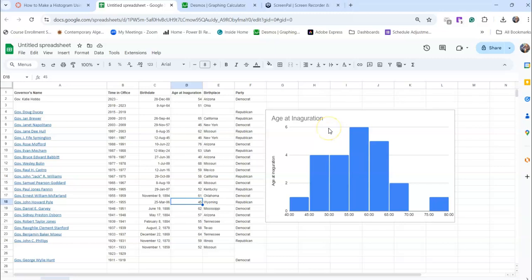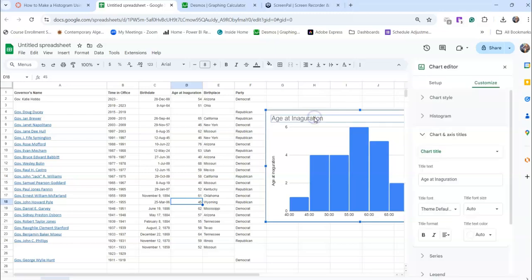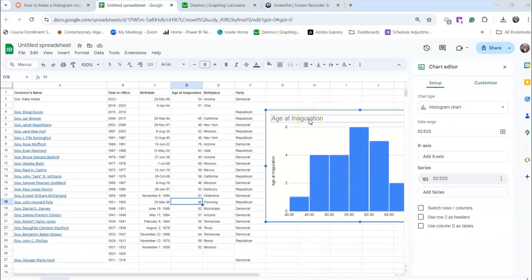So the thing about Google Sheets, it will automatically give it a title. And so it understood that we were taking column D, which is the age at inauguration. If that was not named, then you would have to rename this. But we could also indicate here, you can either do it in the title. So we can add it up here in the age at inauguration, although sometimes we don't want to put that